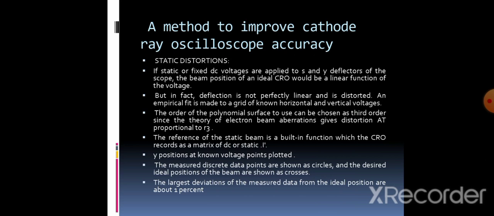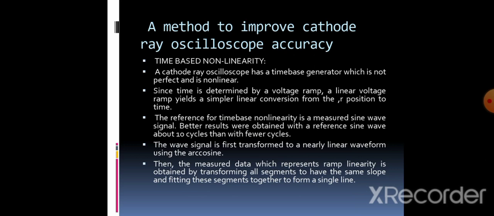The reference for the static beam is a built-in function which the CRO records as a matrix of the DC x dash and y positions, known as the voltage points plotted. The measured discrete data points are shown as circles and the desired ideal positions of the beam are shown as crosses. The largest deviations of the measured data from the ideal positions should be about 1%. And the next one is the time-based